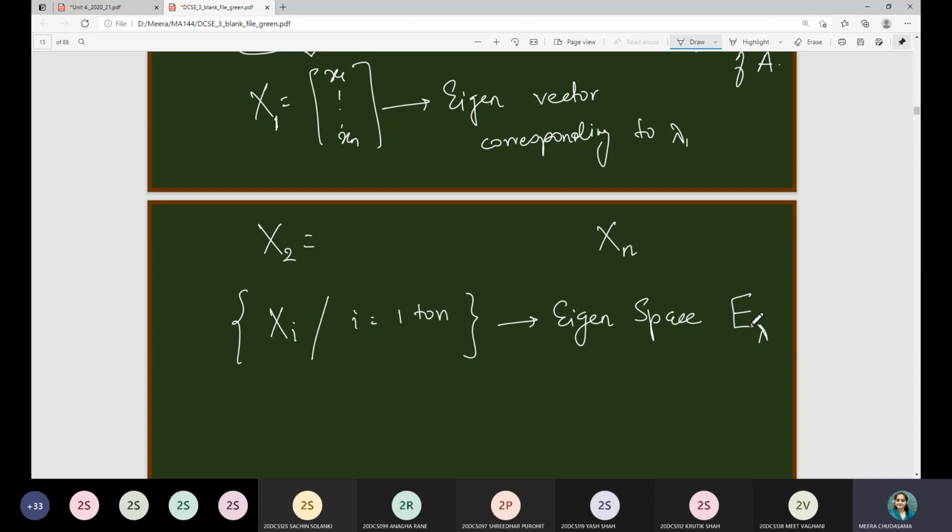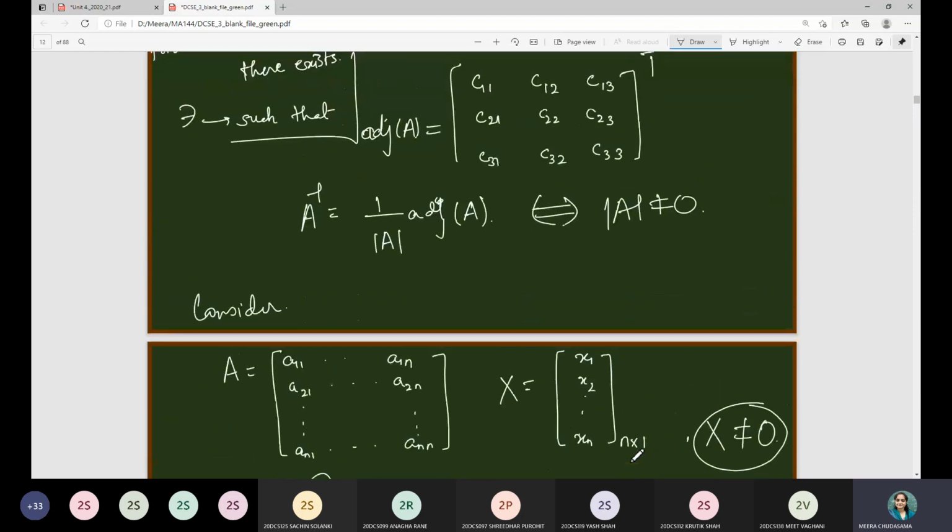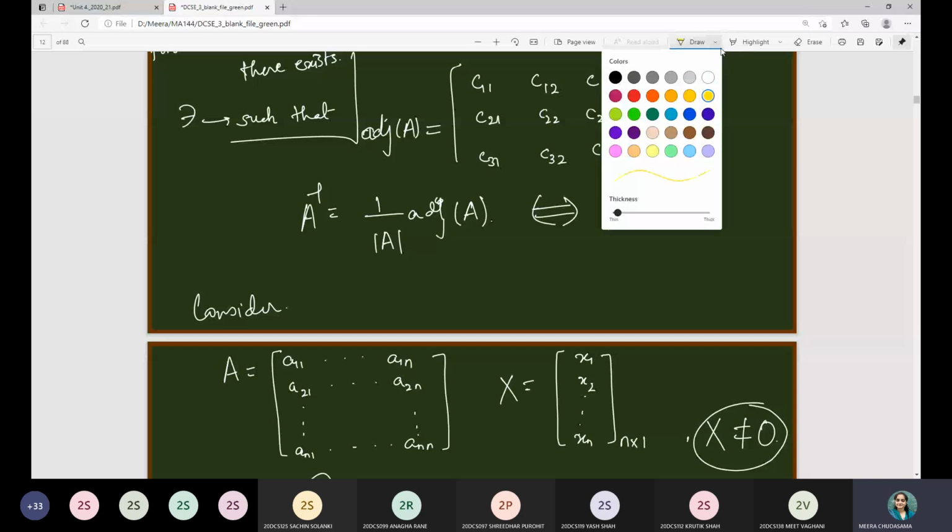Lambda के corresponding वो eigenvector का set है, that's why it is denoted with E lambda or E of lambda. It is called the eigenspace. Capital E stands for the word eigen. And if you consider the class of all eigenvalues, मतलब जितनी भी eigenvalues हैं उसका पूरा set ले लेते हो, then it is called spectrum of A. It is denoted with sigma of A. So let us see one by one all the terminology we have seen up to now.